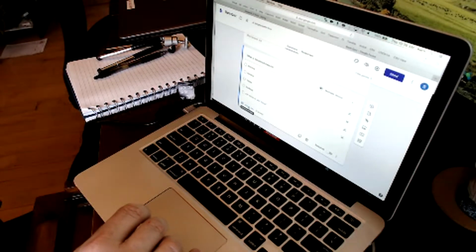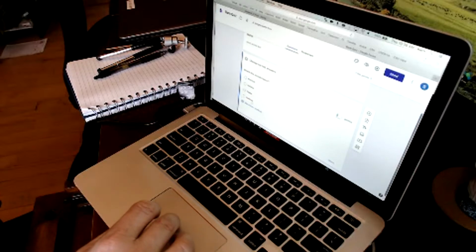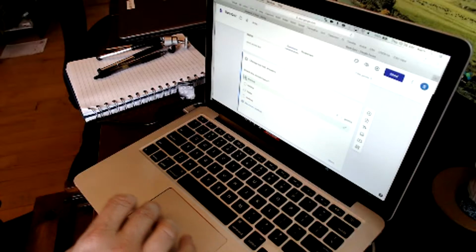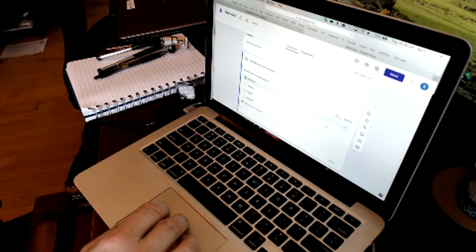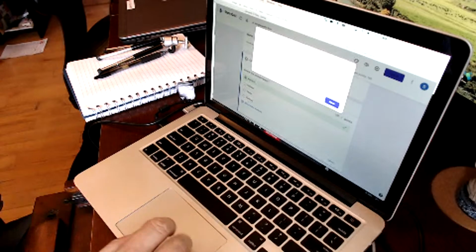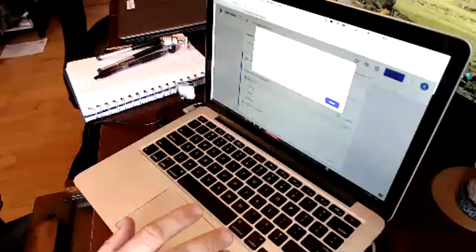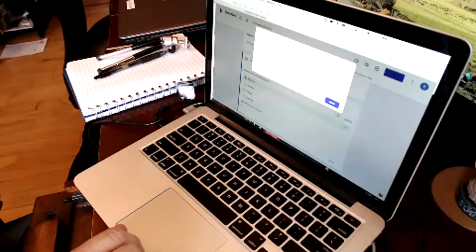If I go down to my answer key, click on that, I can choose which one is the right answer. Okay, how many points is that worth? In this case, I'm going to say that's worth 100 points. So this is one answer. The other cool thing here is I can give answer feedback. So if they gave the right answer, I could say, nice job. If they gave the incorrect answer, I could type, try again or try harder or something, but I could also